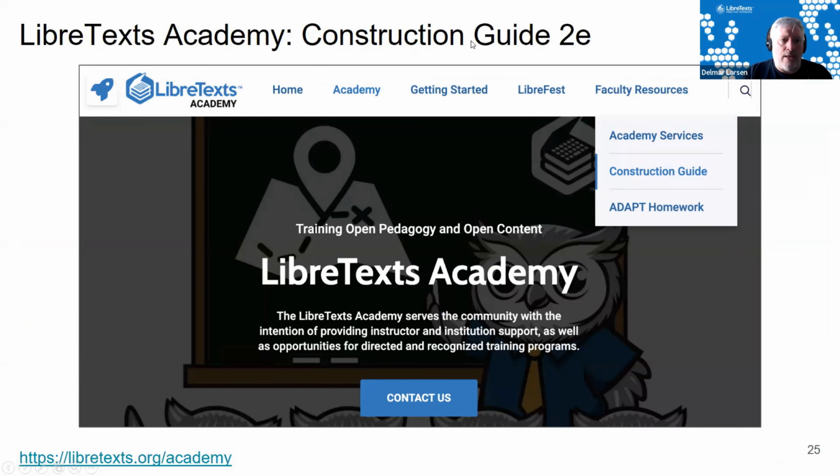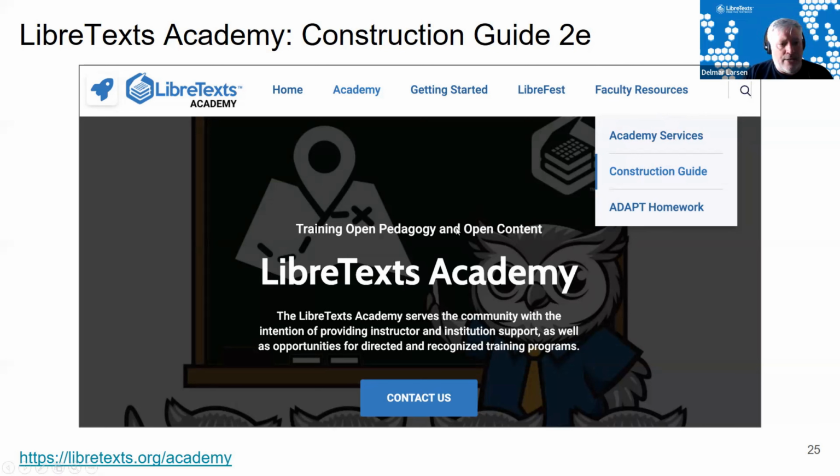I should mention that we have a construction guide. Actually, I don't have the link here. The link is under our Academy, under faculty resources. It is a general how-to guide for using the LibreVerse. It's not a bad idea, when you're getting involved and committed to moving forward, to get a copy of that. It costs about $10 plus shipping. It's really useful to have a physical copy to move forward.